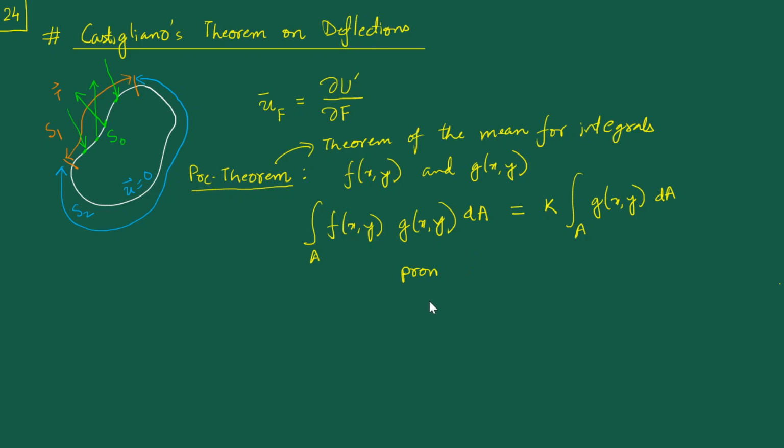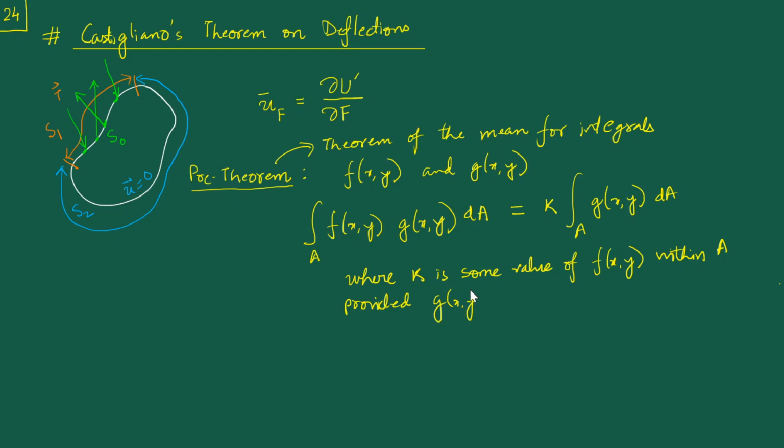even before that let me just say what k is, where k is some value of this function f of xy within the area A. It is some value. So f of xy may take various values within A. So what this thing is telling us is that it will be equal to k times this, where k is some value of f of xy within A, and this thing can be written provided